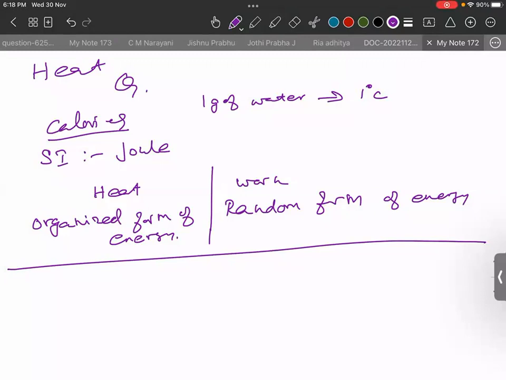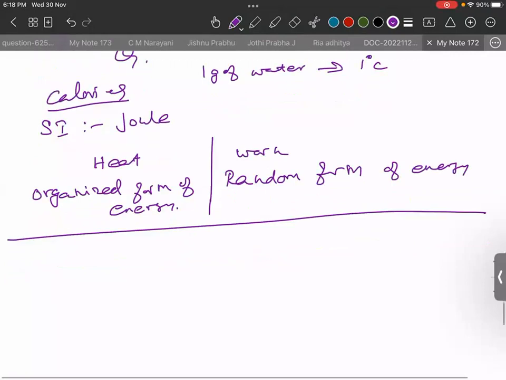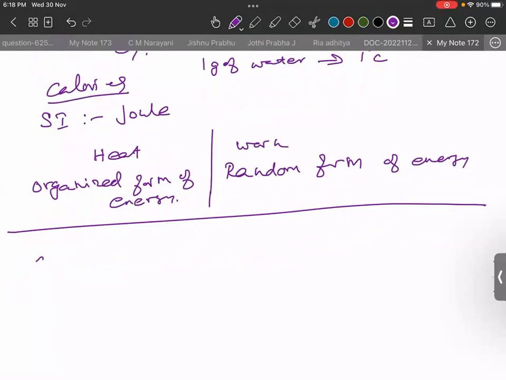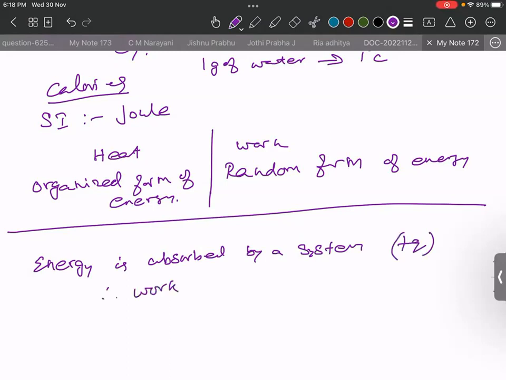Automatically, work will be done on the system. Okay, so when the system absorbs energy, it means the heat is plus Q. Work done on the system is W. So look at this mathematical form we are calculating. Energy is absorbed by a system, that means plus Q. Therefore, work is done on the system, then it becomes W. So automatically internal energy,